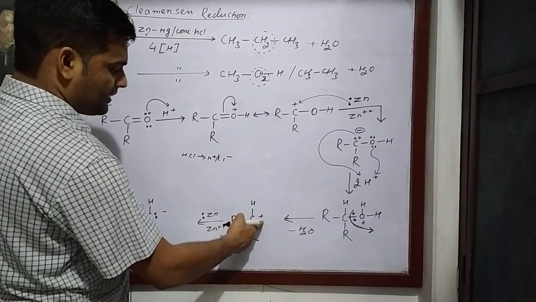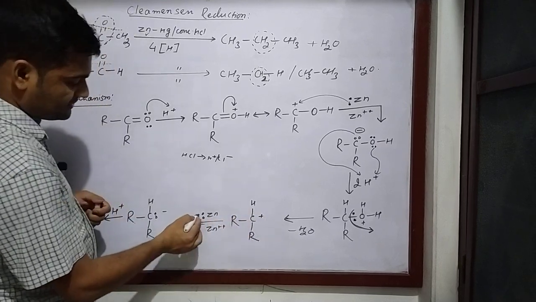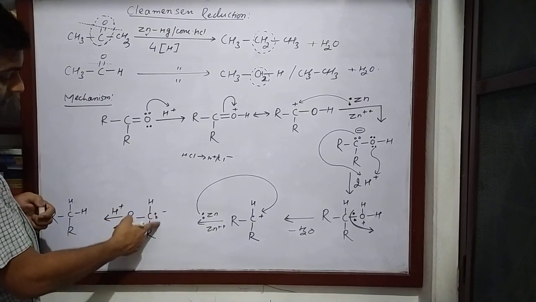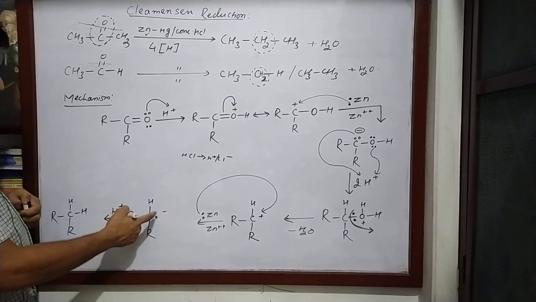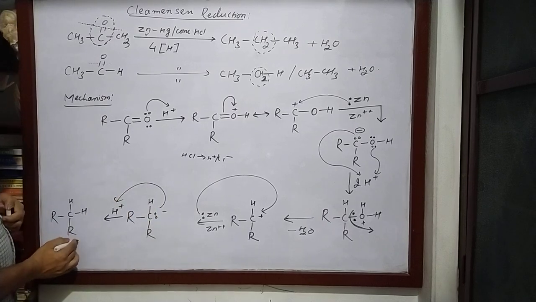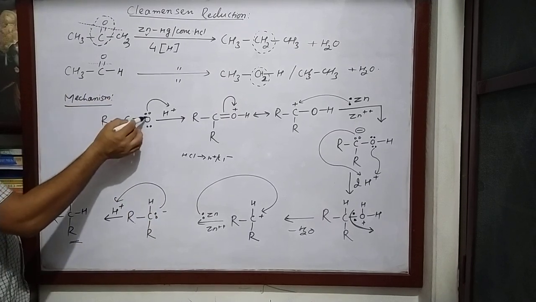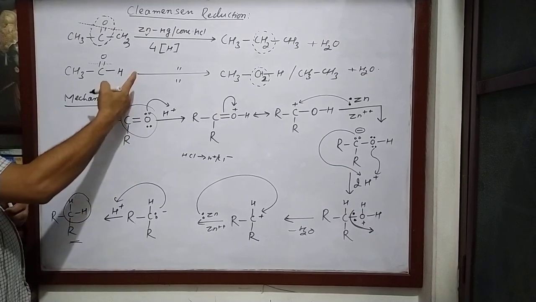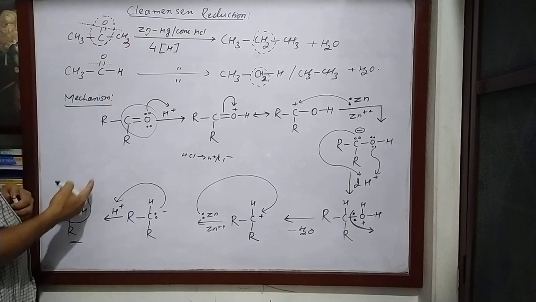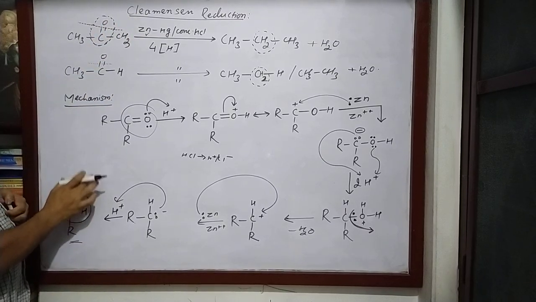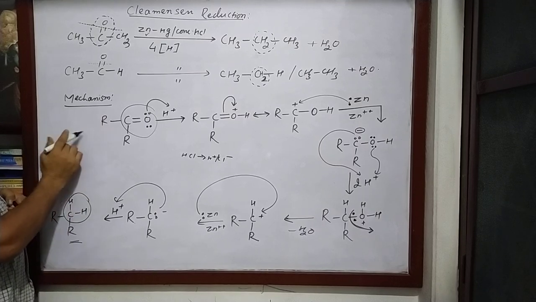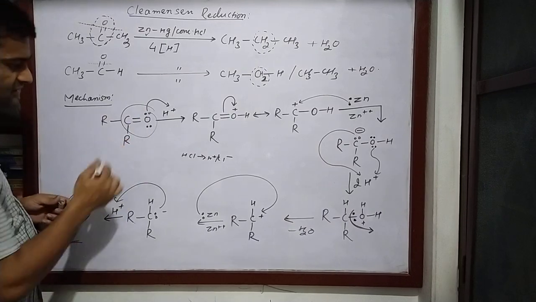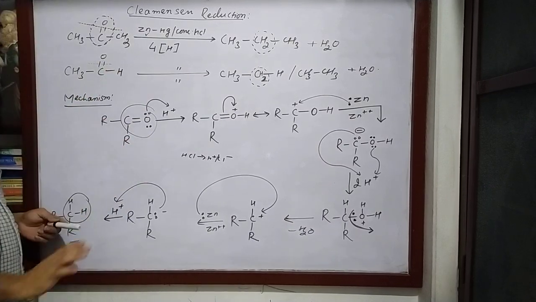Again a positive charge forms on carbon, and again zinc gives two electrons to this positively charged carbon, so there is formation of a carbanion. Again this carbanion attracts H+ to give an alkane, and the C=O group changes into a CH2 group. This is the mechanism of the Clemmensen reduction reaction, and this mechanism is effective for class 12, BSc bachelor level as well as for master's level. And here the Clemmensen reduction is complete.